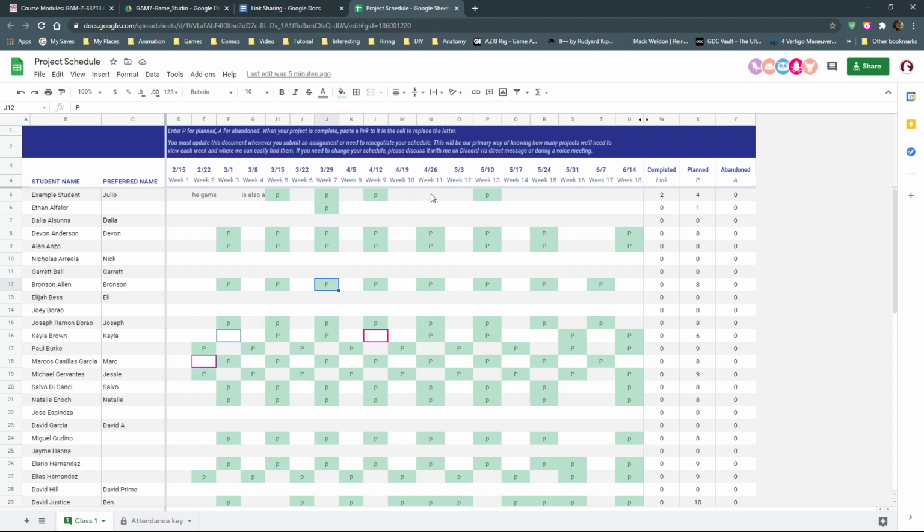I have had Salvo before, by the way, and when I give options, I've noticed that he gets a lot more confused as opposed to just dictating what needs to be done. This is a very option-open class. And so I think he's a bit confused that I'm not saying you must do this, you must do that. Instead, I'm saying you can do this, you can do that. And I've noticed that he tends to get a lot more nervous about that sort of thing.